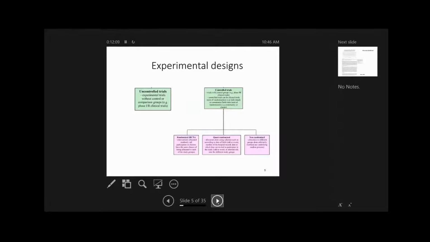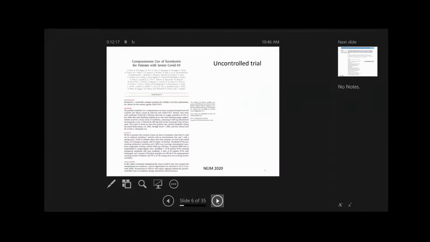Then within that, there are nuances on how you randomize. I'll tackle that when we speak about RCTs next week. Here is an example of an uncontrolled trial. Compassionate use of remdesivir for patients with severe COVID, published in the New England Journal of Medicine a couple of weeks ago. Okay, they took a bunch of people, 61 patients, who received at least one dose of remdesivir, and